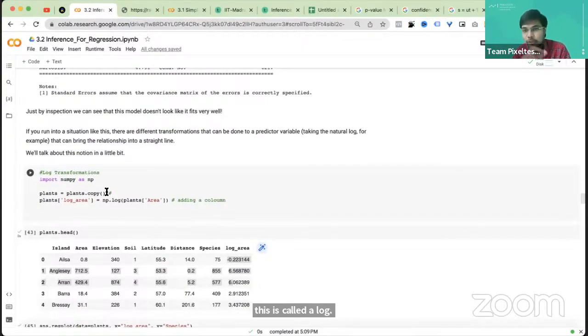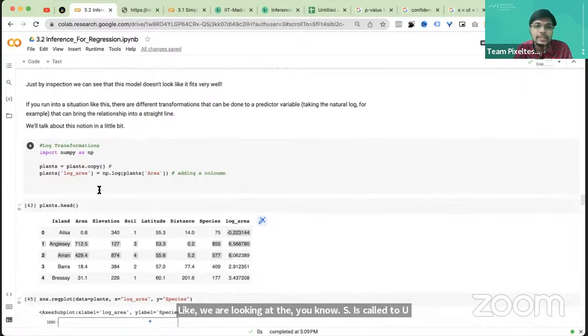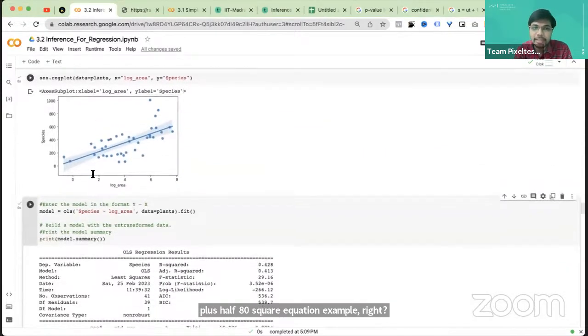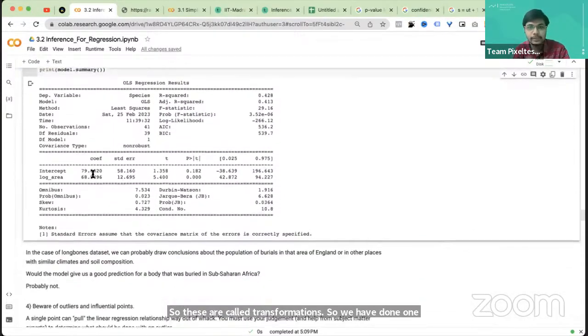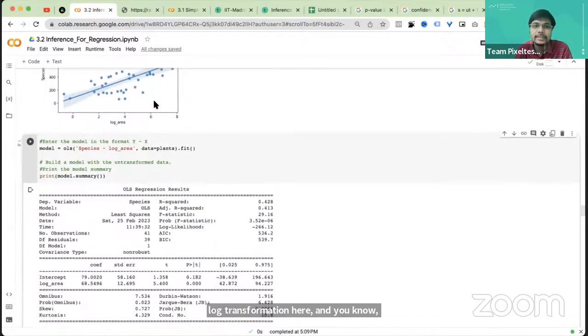The transformation could be cube root transformation, square transformation, like we are looking at S is equal to ut plus half at square equation example, right? So these are called transformations. We have done one log transformation here, and we're able to see in the diagram that there is